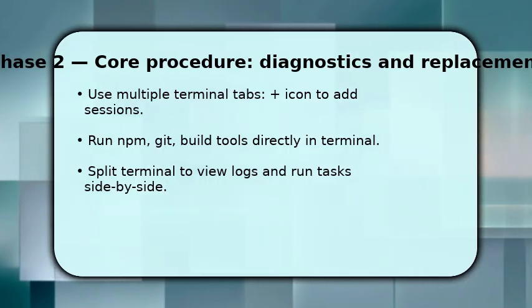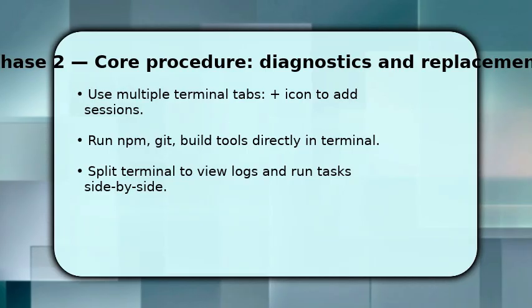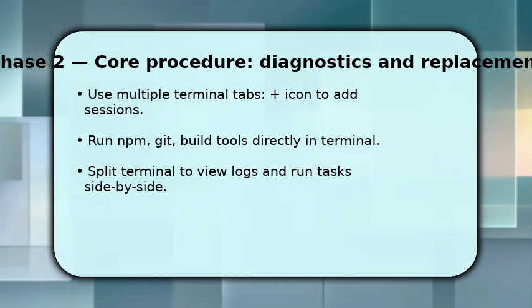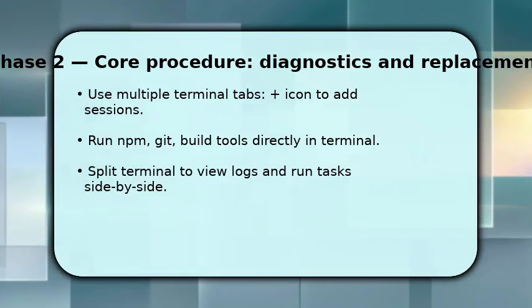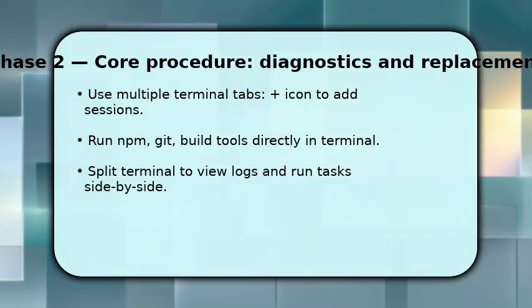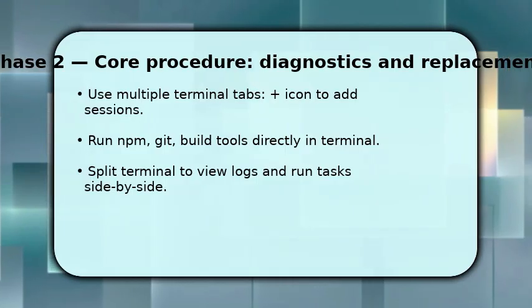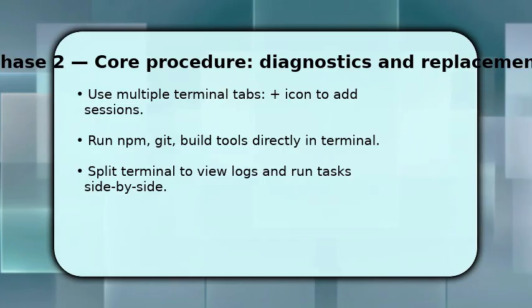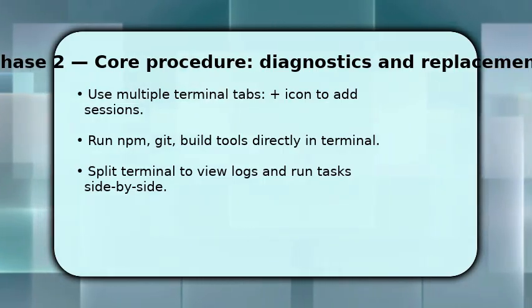Use the plus icon to create new tabs for parallel tasks and split the terminal when you need to watch logs while running tests. Once running, you can switch between tabs quickly with Ctrl+Tab or the drop-down. Make sure to use the workspace root. If a command fails, check the current directory with pwd or cd to the correct folder, because wrong paths cause